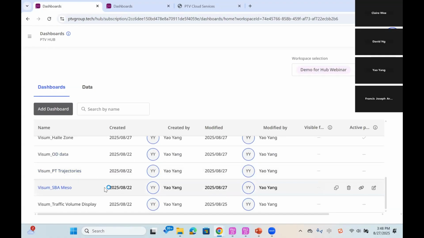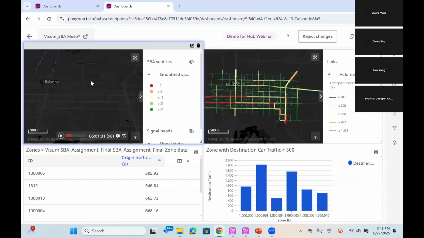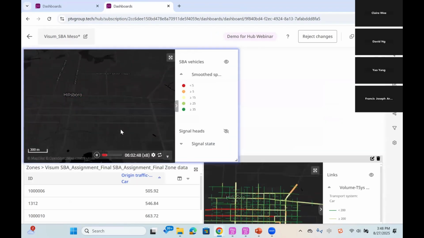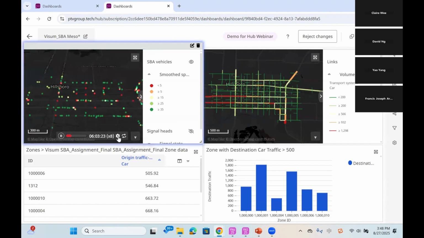Okay, I will walk you through a few more Visum dashboard displays. Because of the limitation of time, we cannot show exactly step by step for each version of the dashboard, but I can show you what we already created as a demo. So this one is for the mesoscopic simulation, SPA vehicles. What we can see here is all the mesoscopic related vehicles from 6 o'clock, and then we can speed up